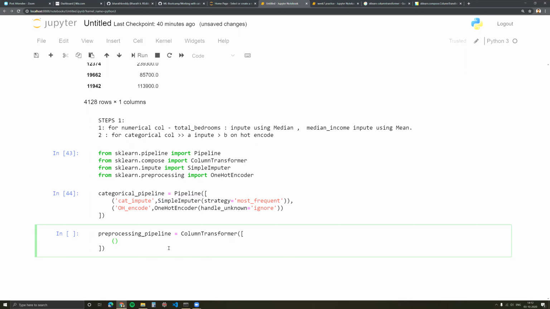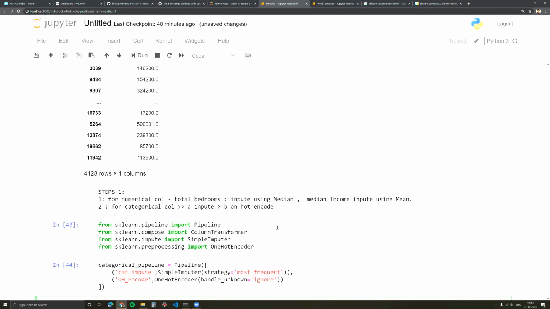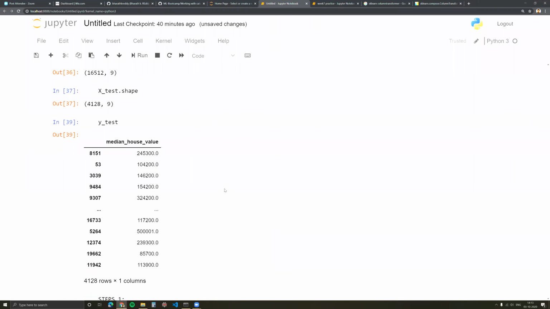Okay, so step 1, impute, a simple imputer, strategy is equal to median. The first one was median, right? Median. And now I'm going to give the column on which I wanted it to do this median strategy. This was on total bedrooms.